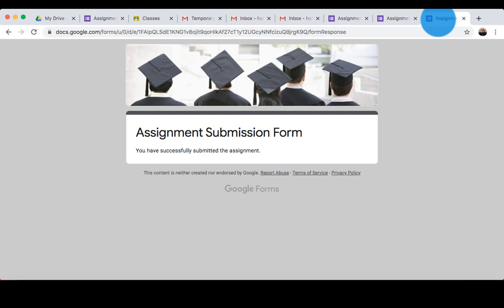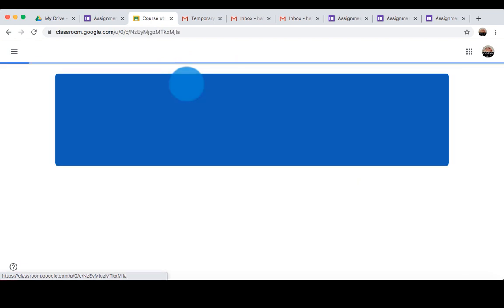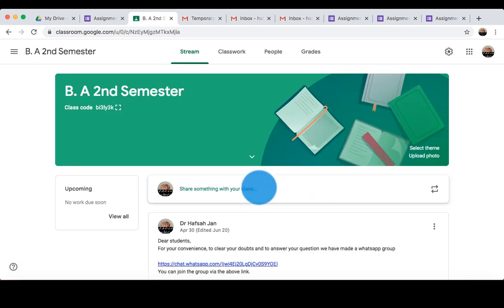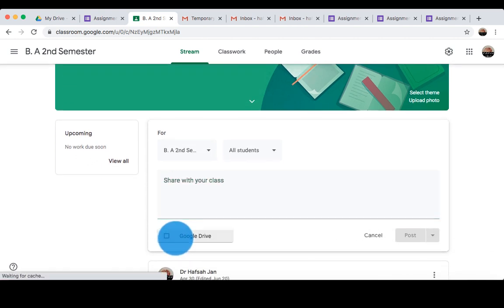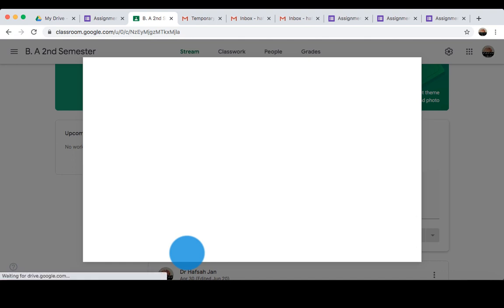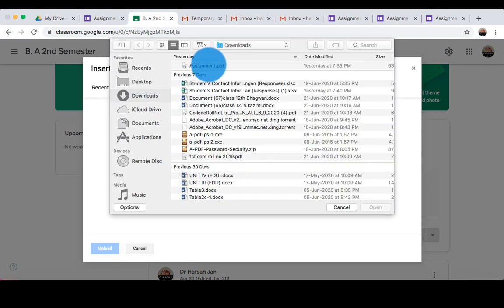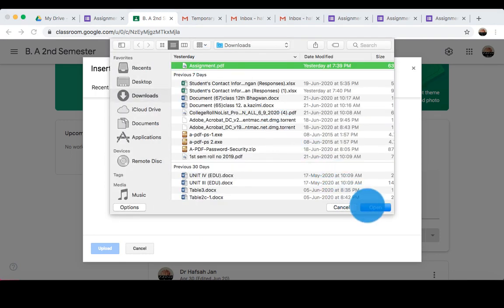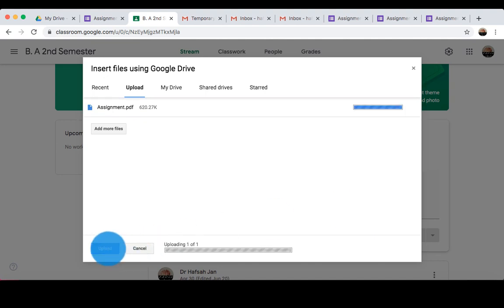Next, we have how to upload the assignment via Google Classroom. You have to go to that particular classroom. You have to click here where we can share the files, and you have to add the file like this. And you have to select this file which you want to upload, and upload.